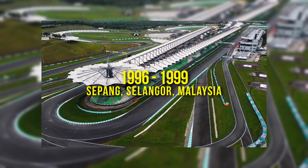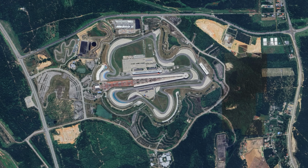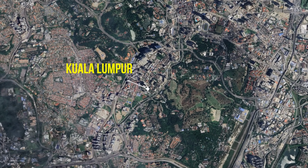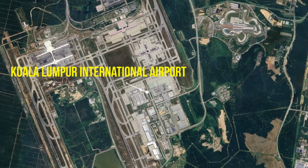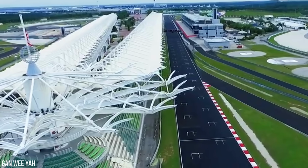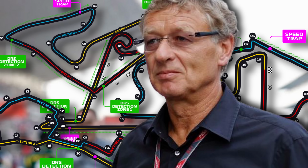Between 1996 and 1999, the circuit was constructed. It had a good location, with it only being 45 kilometers from the capital Kuala Lumpur and 14 kilometers from Kuala Lumpur International Airport. The infrastructure wasn't a problem. They crafted a masterpiece. Now, while I'm known for hating on Herman Tilke and his designs, he absolutely nailed this